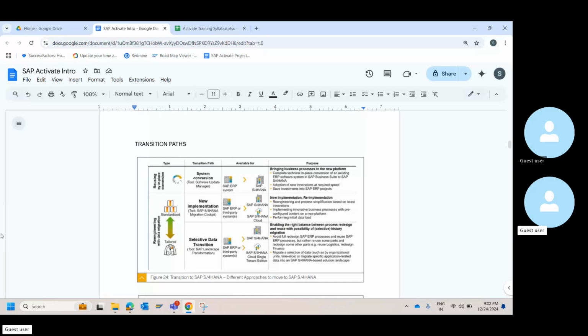You will run procurement, sourcing, other operations in your own system. That's still fine. We can integrate it later, or we are uploading it manually in SAP. It doesn't matter. However, the financials are going to be moved from that system to my SAP system. We are going to integrate on that part. So when you're moving from one particular system or any third party, when you're selecting a few modules or data or tables and you move that into the SAP system, that becomes selective data transition.